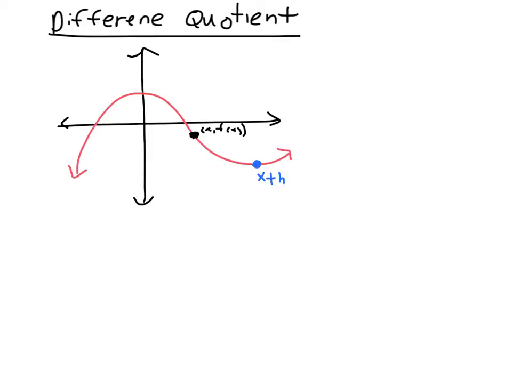So basically, I got to x here, and then I add on a little bit more, and h is just some constant. So I add on some amount more, and that's x plus h, and then the y is f of x plus h. Now if I were to find the average rate of change between these 2 points, which would be the slope of that line that I just drew,